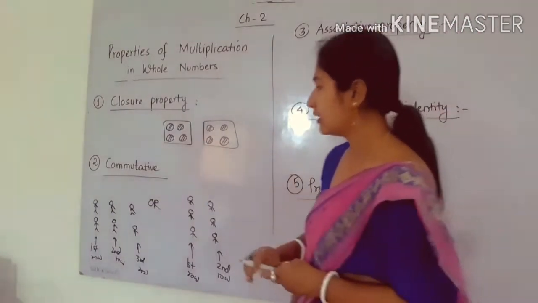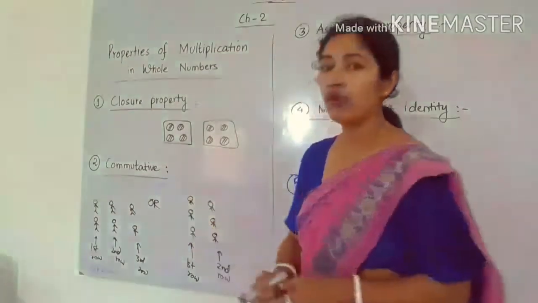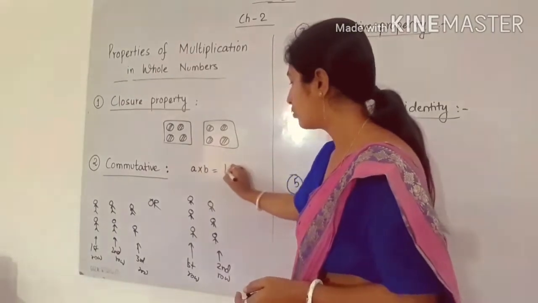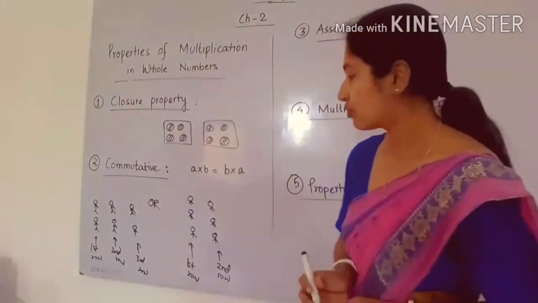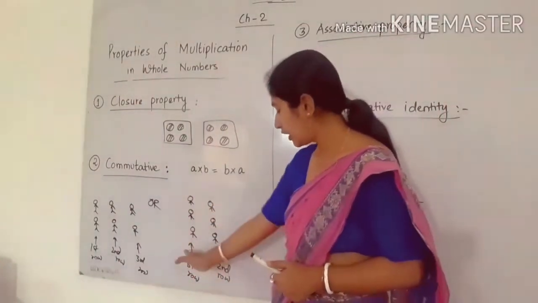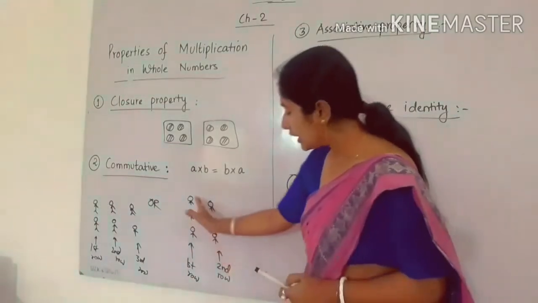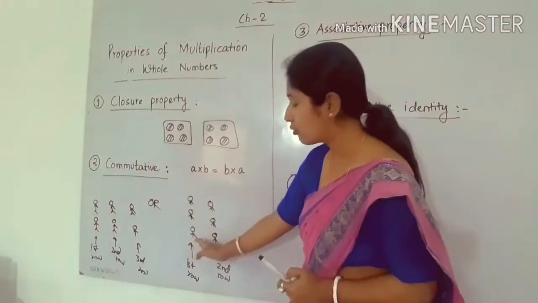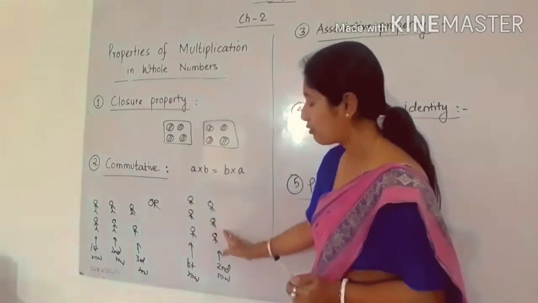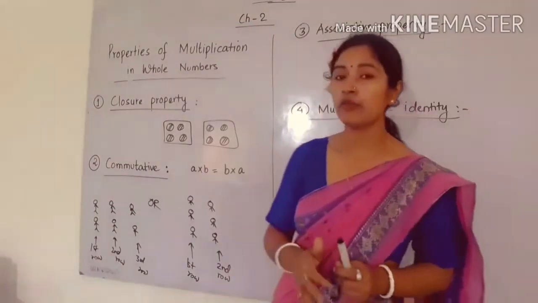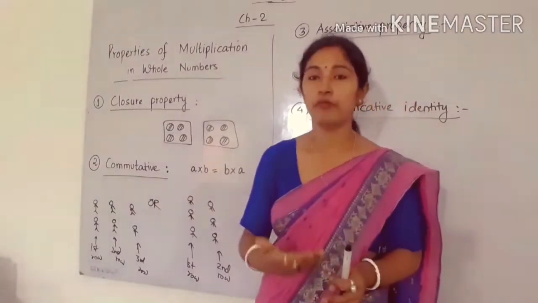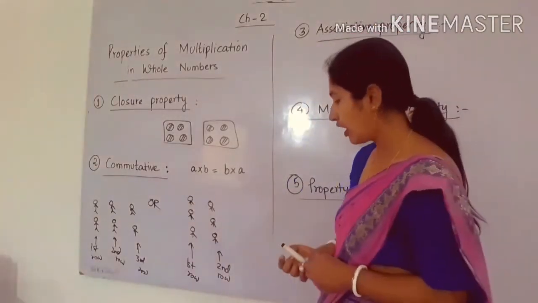The next property is the commutative property. As you all know, what you have to check in the commutative property is whether the value of A into B is equal to the value of B into A or not. Here I have again taken one example. I have taken 2 rows, and in each row the number of persons standing is 3. Suppose in the first row the number of persons is 3, and in the second row also it is 3. Now I have to calculate, using multiplication, the total number of persons present here. So what do I have to do?